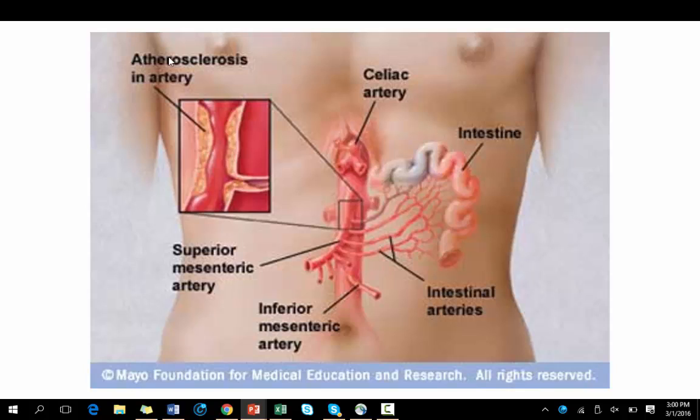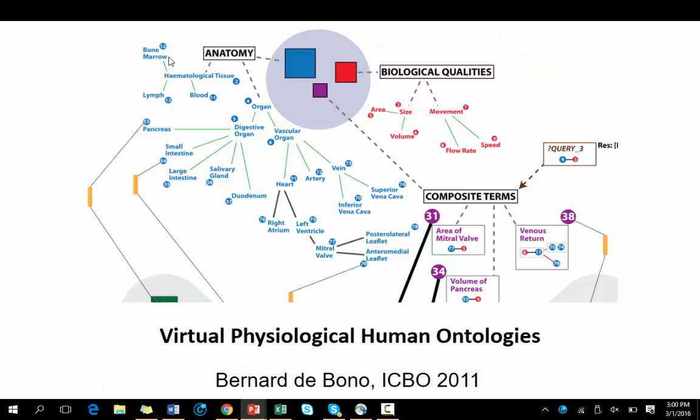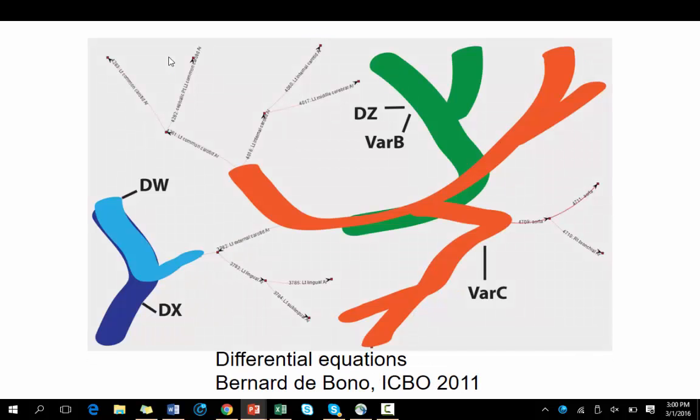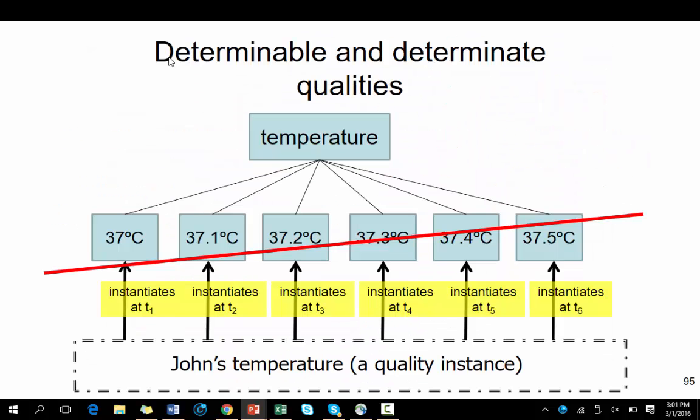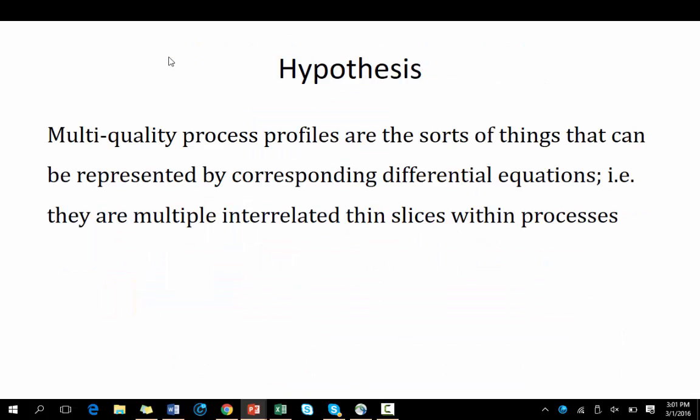Any more questions? All right, so I'll see if I can find the non-medical parts of this. All right, so